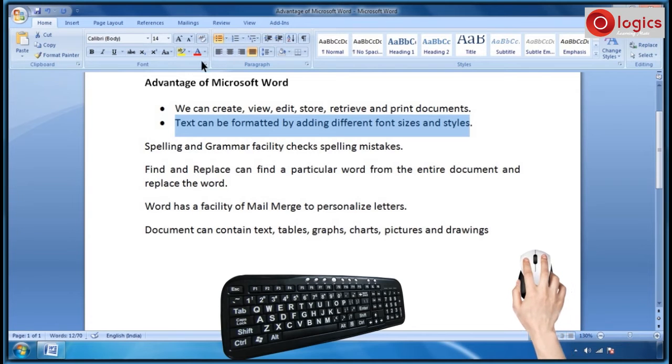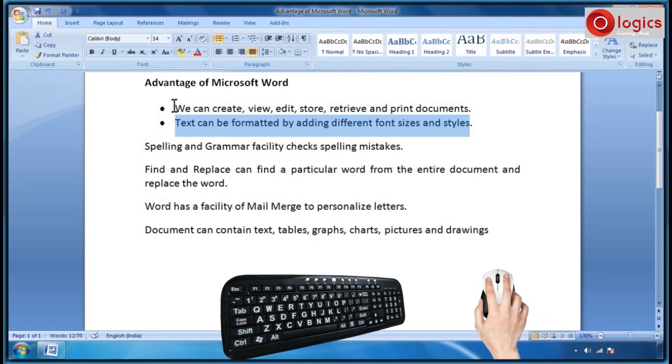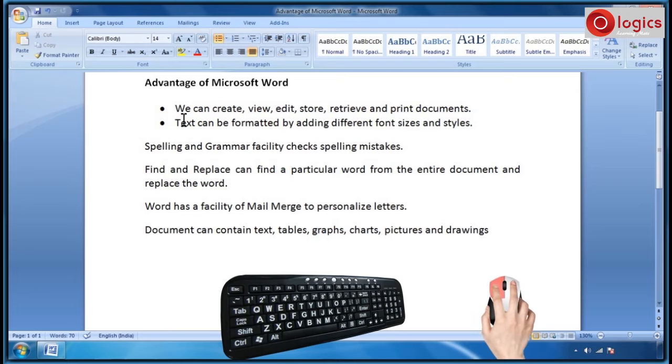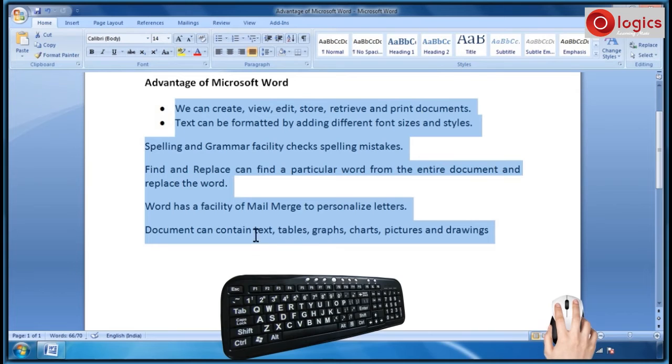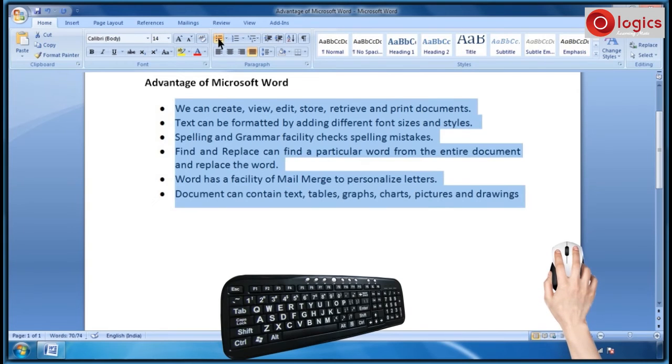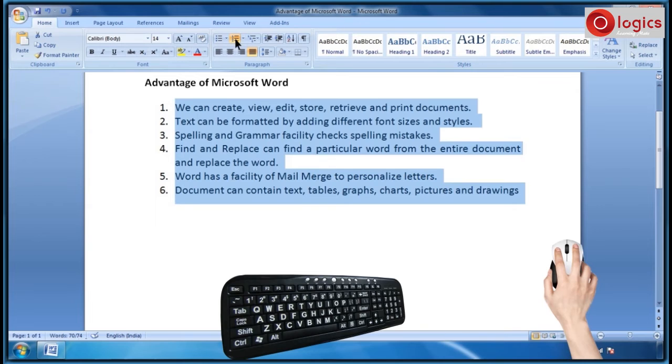This time I would like to apply bullets for all the text. Now let us see how to apply the numbers to the text. And click on number command. See the selected text having serial numbers. You can also apply different symbols.